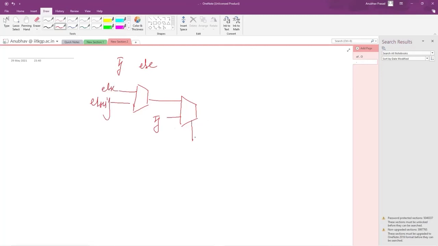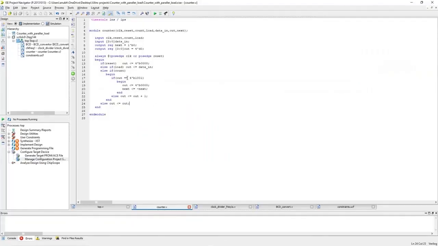So this is the highest priority. Then after that, these are the priority options. So that's why we have used if else. In case statement, it just creates a normal 4 cross 2 multiplexer, and we don't need that. So that's why I am using if else.